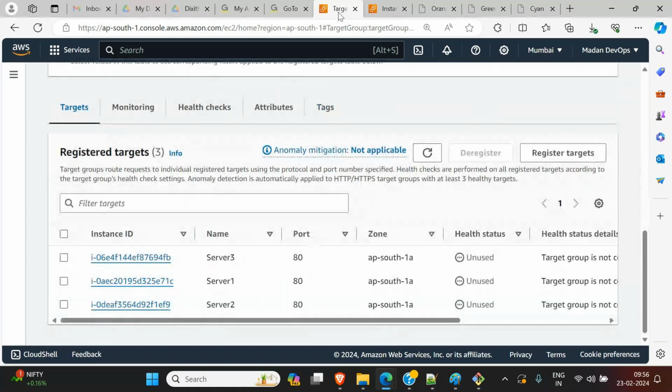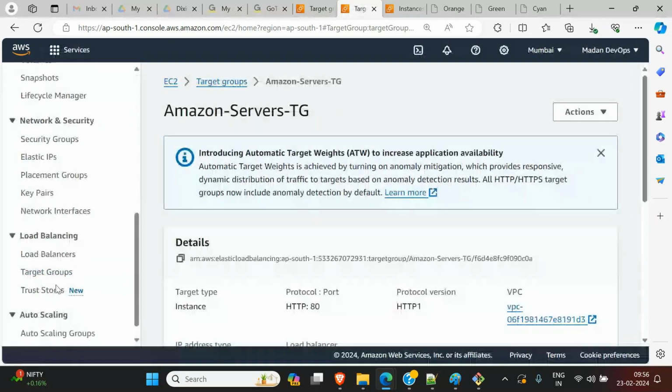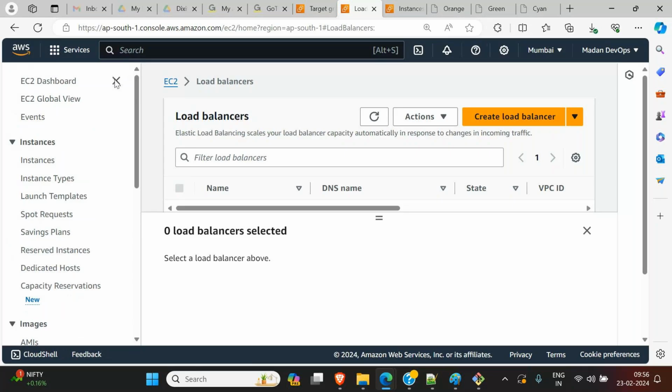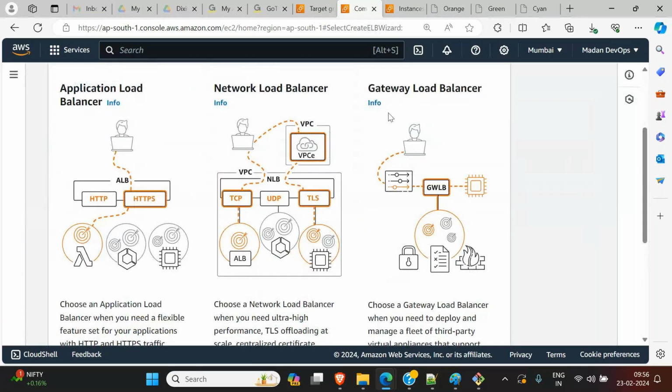I want to duplicate this window, come down, click on load balancers. Now create a load balancer. Before that, let me close this window, this cross button. Create load balancer. Here we have 3 types of load balancers available: application load balancer, network load balancer, gateway load balancer,